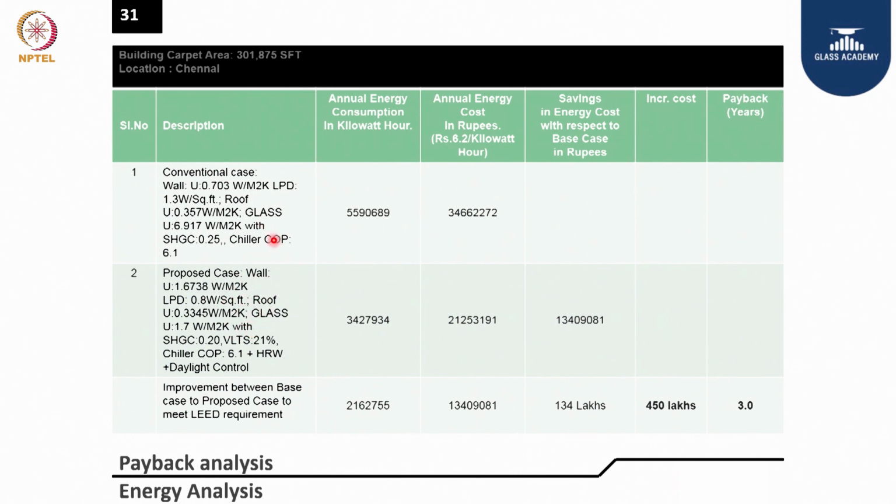So we played between both, and with 450 lakhs additional investment that went into the building, they got it back in 3 years. In fact, this was the predicted energy performance, with a payback of 3 years. In the actual case we studied for 1 year of operation, it was just 2 years 2 months. So that was the level of benefit you get when you optimize your proposed building, not merely going with the standard, and you have to balance between the standard and what is really actually required for a building.